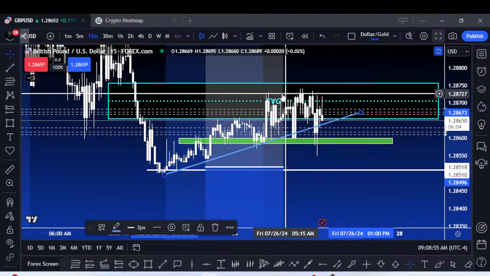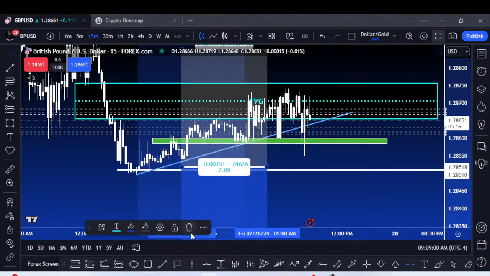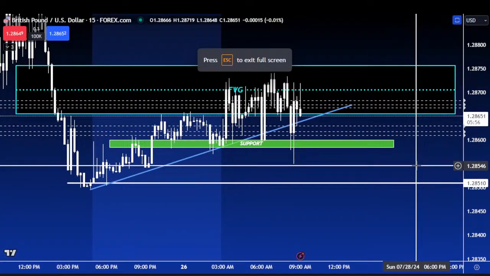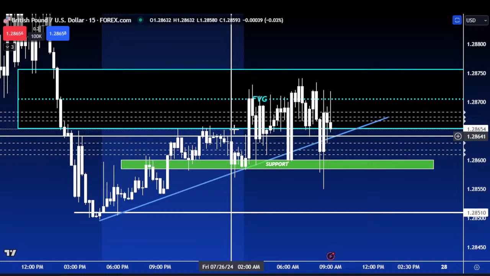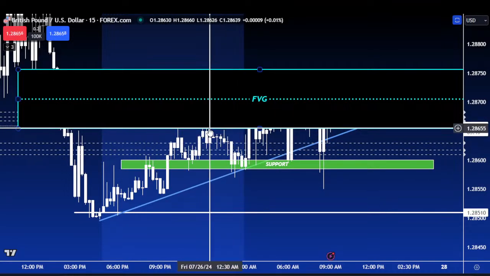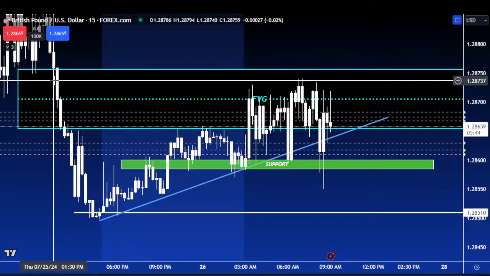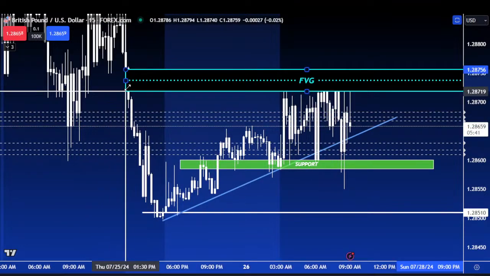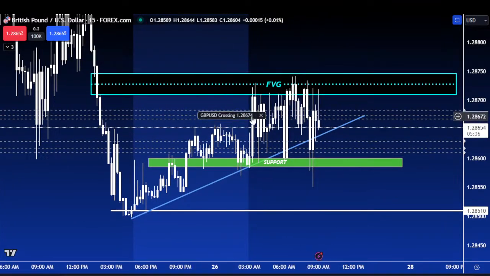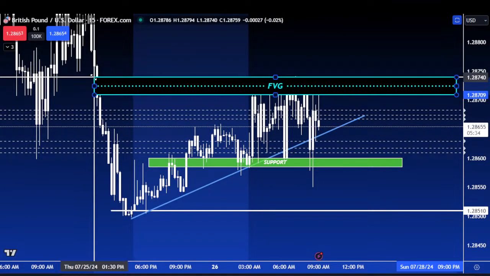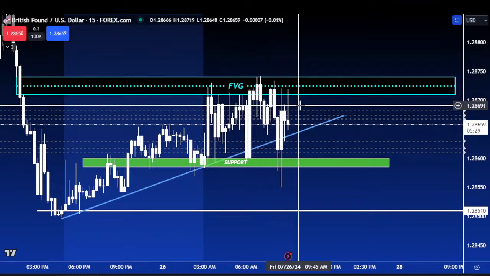So you can see here as we kind of got out of the Asian session, I'm gonna get rid of this short position so it'll look a little better, and we'll go full screen like this. So here, out of the Asian session, we went and took out the high of the Asian session, right? So we went up and we tapped into this fair value gap. Since I took the fair value gap from a higher time frame, here is where the fair value gap is on this time frame. And look, it went right up to it. Right up to the fair value gap and started rejecting that area,